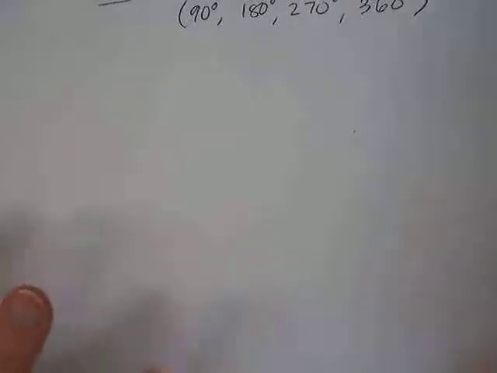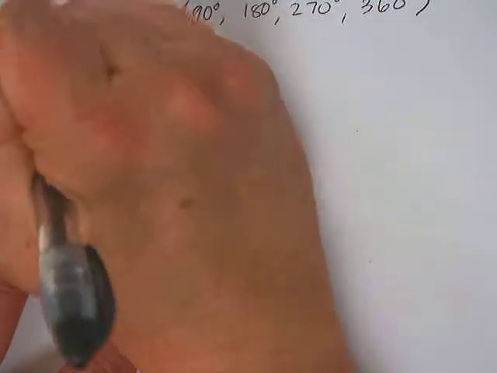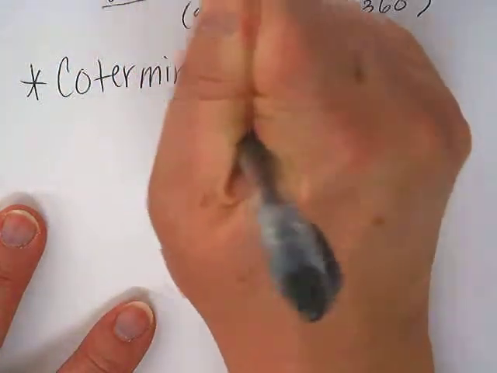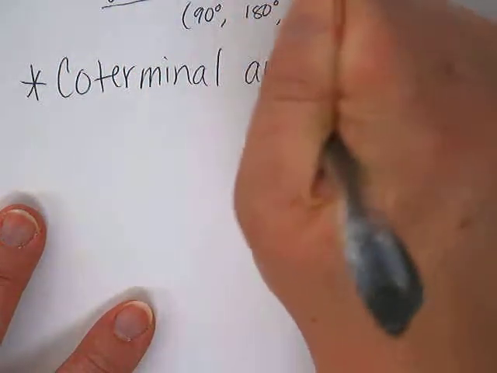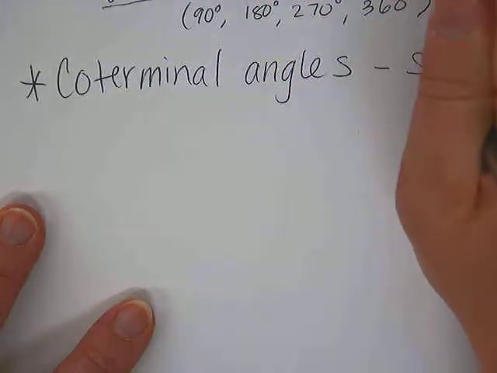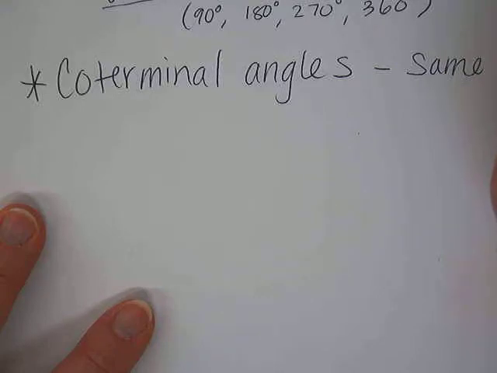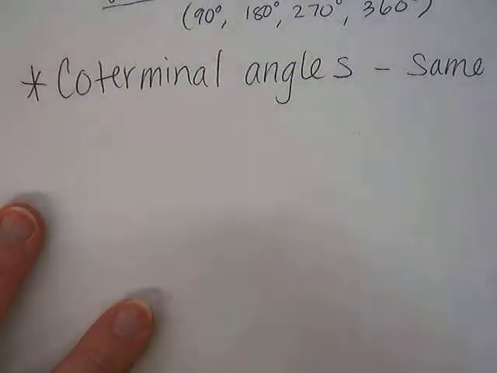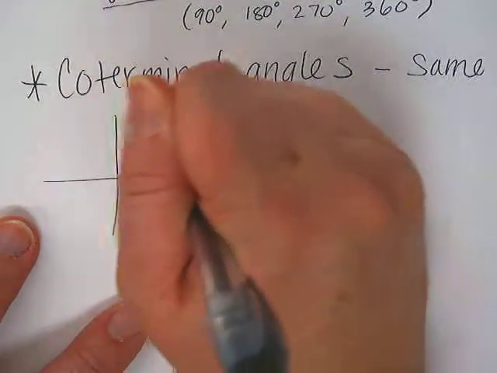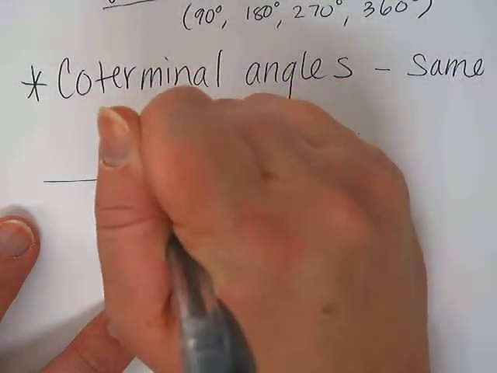Okay, the next thing we need to talk about is what's called coterminal angles. Coterminal angles have the same terminal side. So for example, if I have a 42-degree angle,